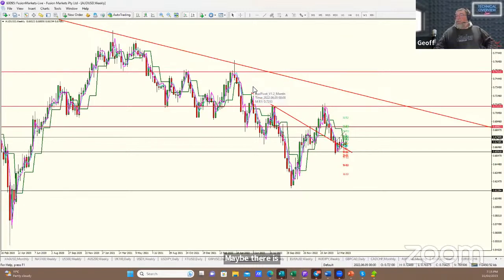But what am I seeing on the weekly chart? I'm seeing a potential, and I've put these horizontal lines on here for a reason. There's potential for this to be a false break of that trend line, or trade line as I call them, in that we've broken it. We've hit a strong resistance level, bit of resistance here, support through here, here. So that drove the market back down to where